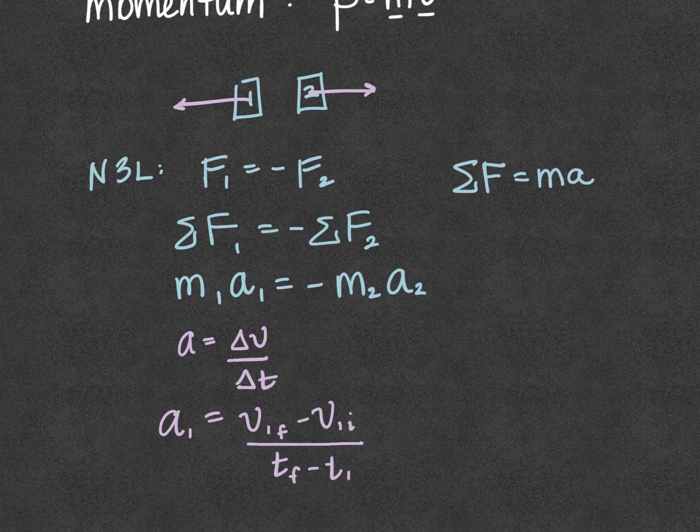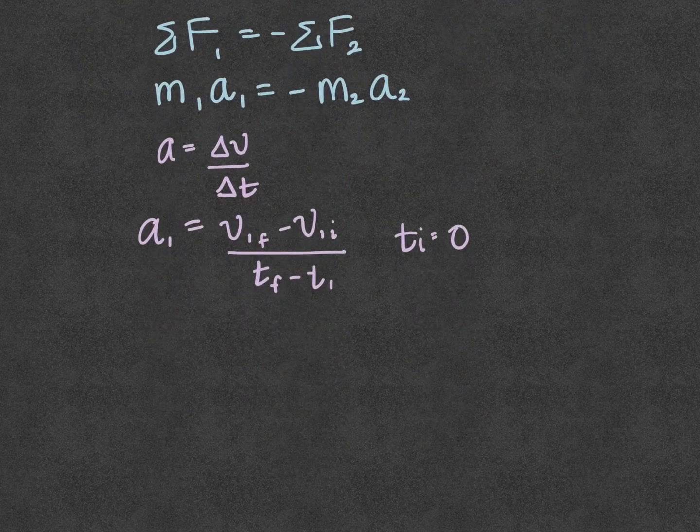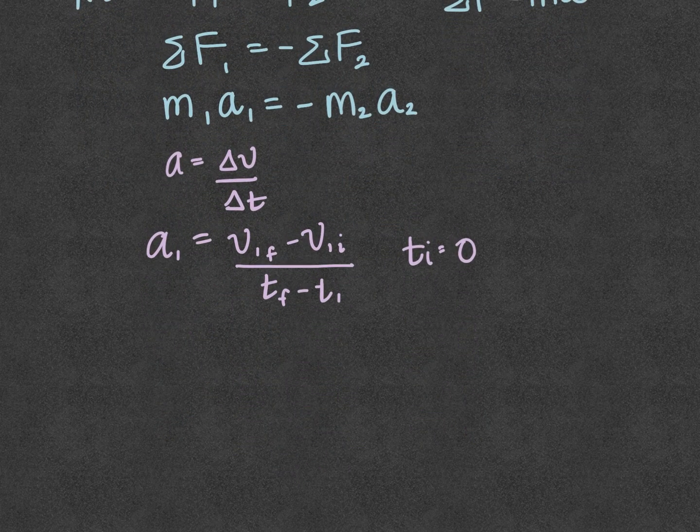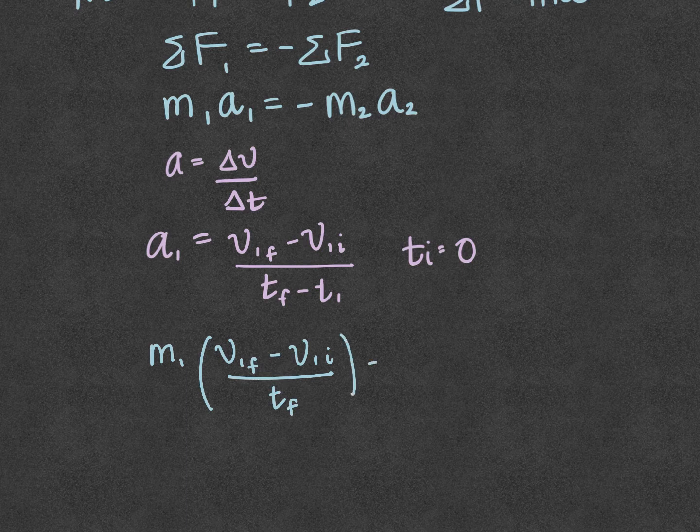Now, when these two objects interact with each other, let's say that the initial time, t initial, is 0. And so now when we look at substituting in for m times a, we'll have that mass 1 times velocity 1 final minus velocity 1 initial over t final is equal to negative,